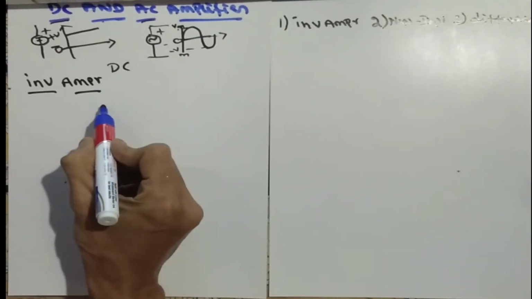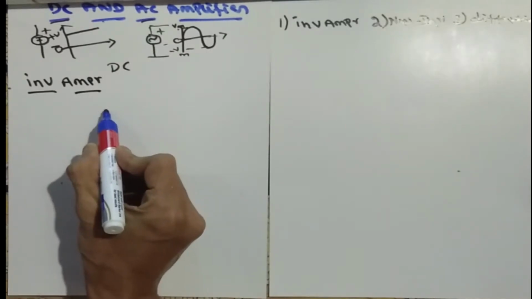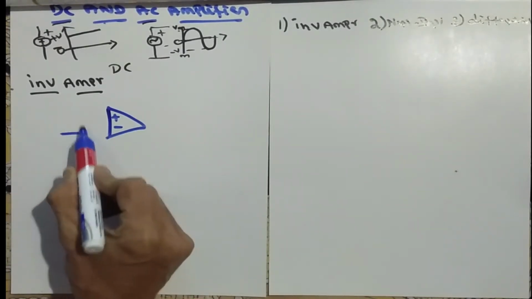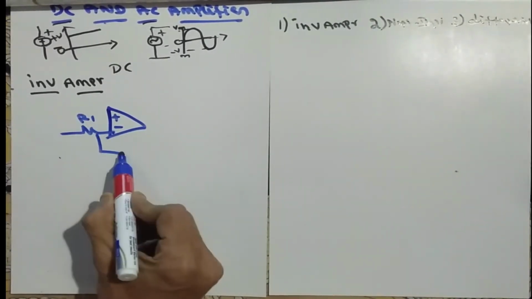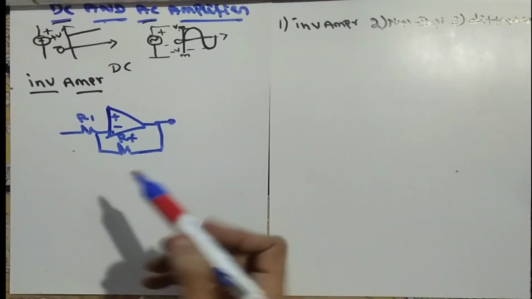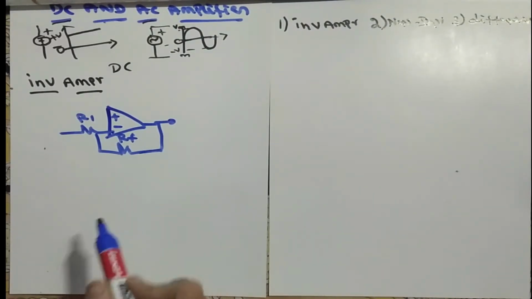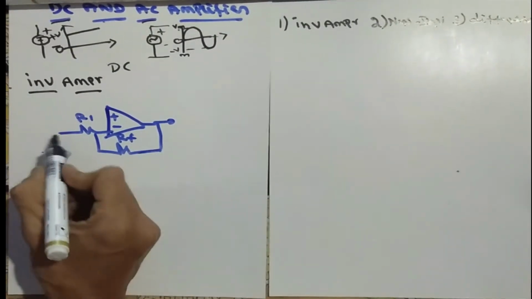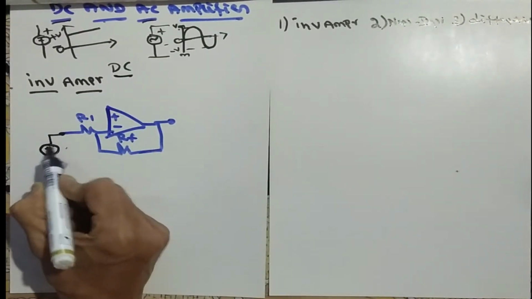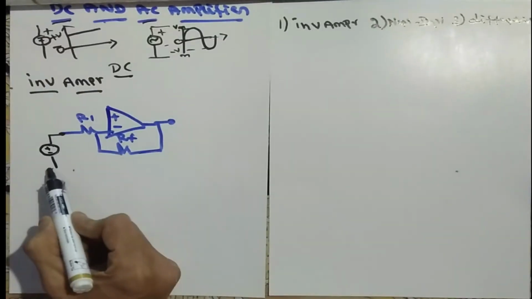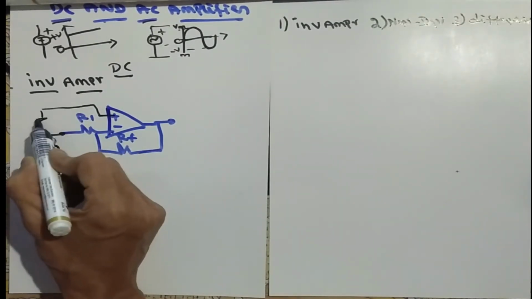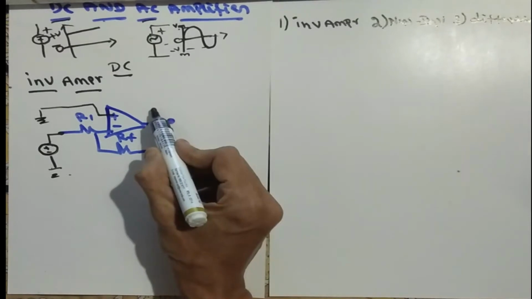In any circuit, the op-amp structure should be the same in a closed loop. This is the positive terminal and this is the negative. In all the circuits there is an R1 and an RF connected to the negative terminal and to V0. This structure remains the same for inverting, non-inverting or differential. Here, for the inverting amplifier, we give Vi as the input, a DC signal. The positive terminal is connected to ground, because in the inverting configuration the positive terminal is grounded, and this portion we call V0.